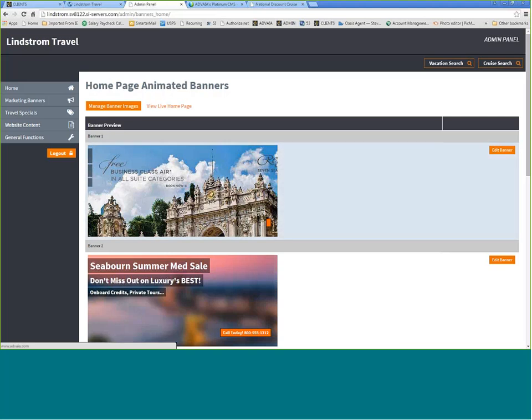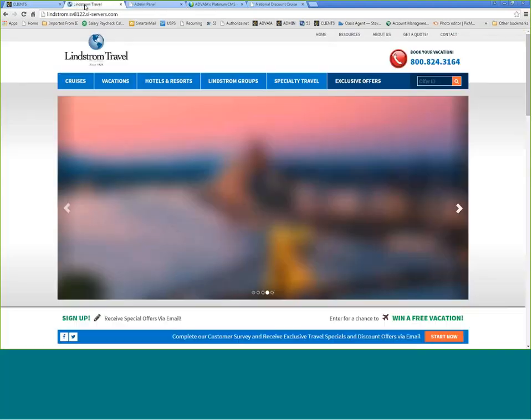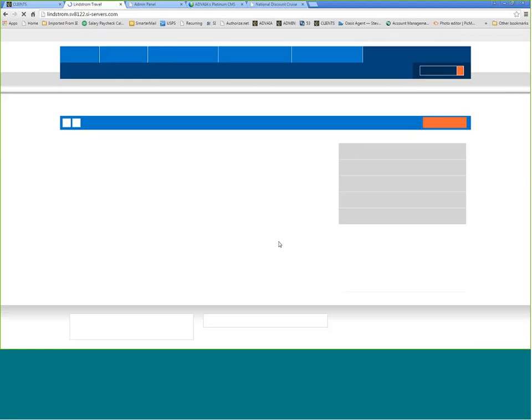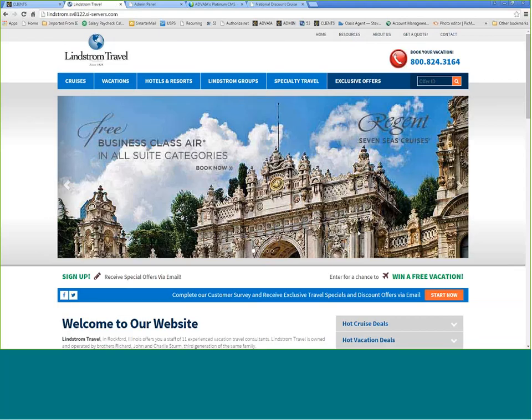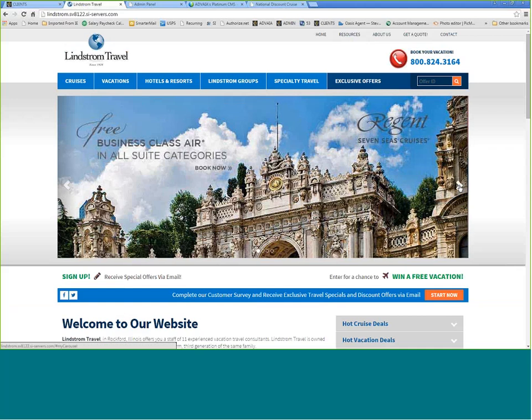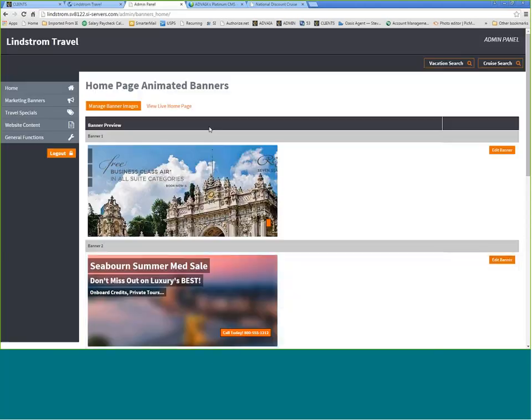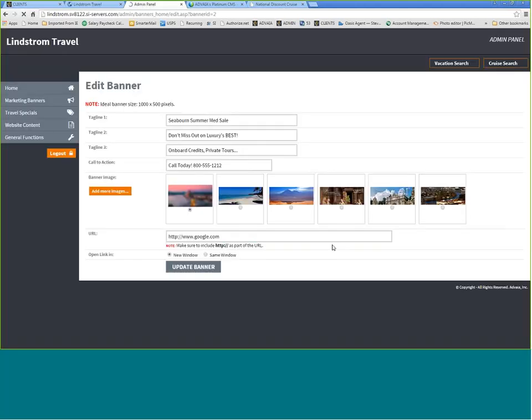The format or the file size of this image is slightly different for this website. When you go to the live site and refresh the page, now we have this banner that is already here, and if I clicked on it, it would go to Advaia's website, which is where I told it to go. Now I continue to do this for each of the sliders,